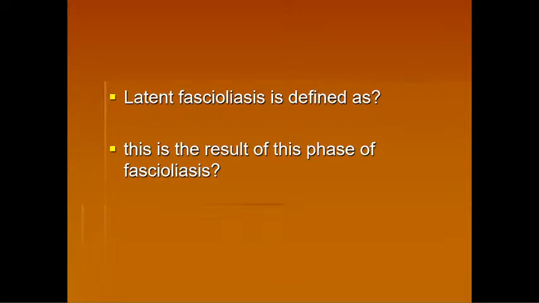Alright? Now, let's define latent fascioliasis. Latent fascioliasis is defined as the period of time where the adult flukes have settled into the bile ducts and cause obstructions. That's the time they really cause problems. And more often than not, in radiography or imaging tests, they are sometimes considered as growths, especially in heavy infection with active multiplication. So of course when you undergo X-ray or ultrasound, it looks like a growth, like a tumor, because it's surprising when it moves, right?